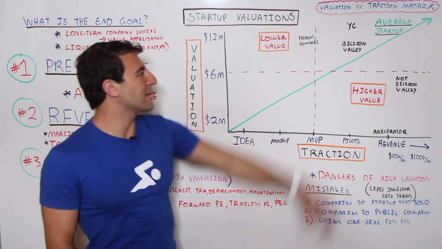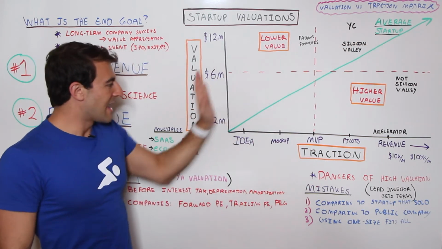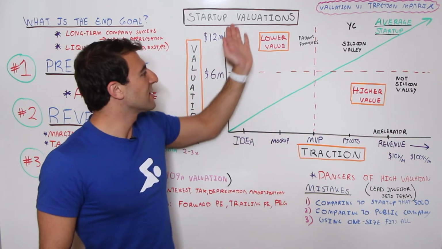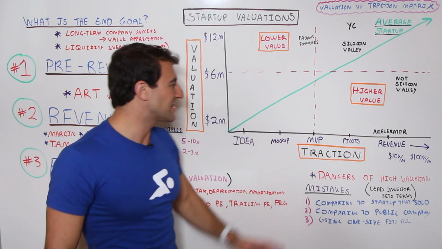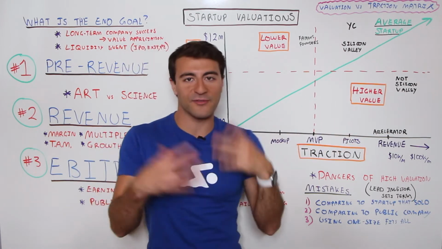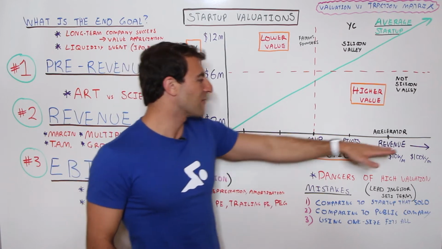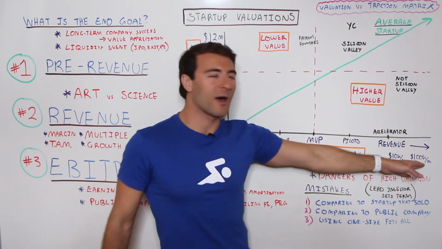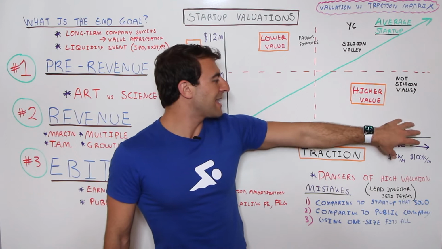Now, a few different factors that I want to throw in here. This green line is the average startup. So as time moves on and you build more and you have more traction, the valuation will go up. And these outliers are other variables that take effect. So, for example, let's say you do a startup accelerator. Normally these programs have a fixed valuation, fixed terms. That's actually much lower. Normally, $1 to $3 million valuation, or valuation cap rather. And it doesn't really matter how much traction you have. So you could be making $100,000 a month in revenue. Heck, you could be doing $1 million a month in revenue, and you're still gonna be at a fixed $2